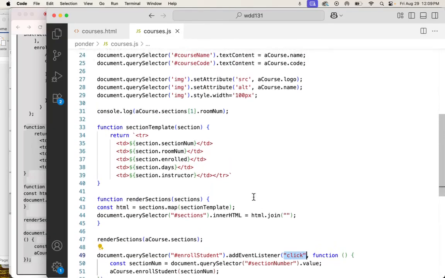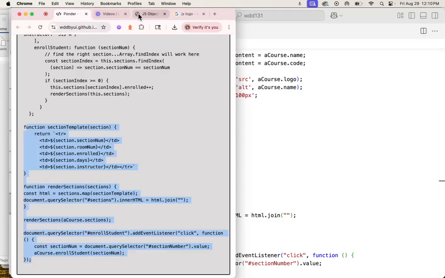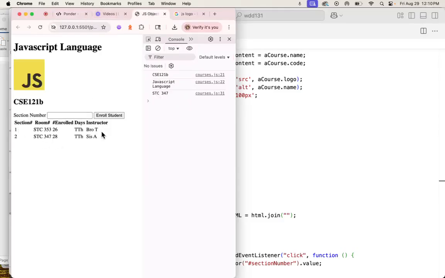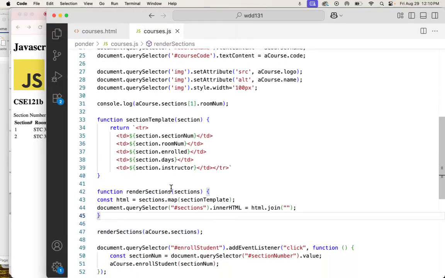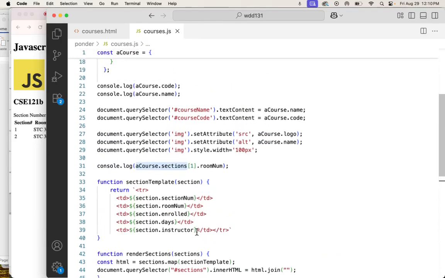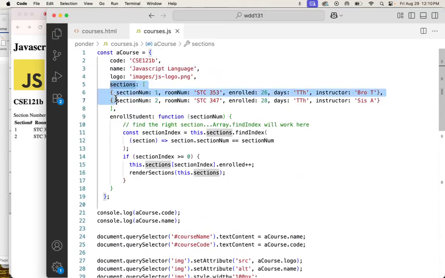Okay, the render sections, and this is run the first time just with the current values inside of our object, just so we can have something on the screen the first time. In fact, let's go ahead and look at that now that I've added it. And you'll see those two are coming up automatically. I haven't done anything with the method or the add event listener, but I am seeing those two coming in, and that's because this is running right here. It's going in and it's going to grab all of the sections. And again, we're just looking at this part of the object,